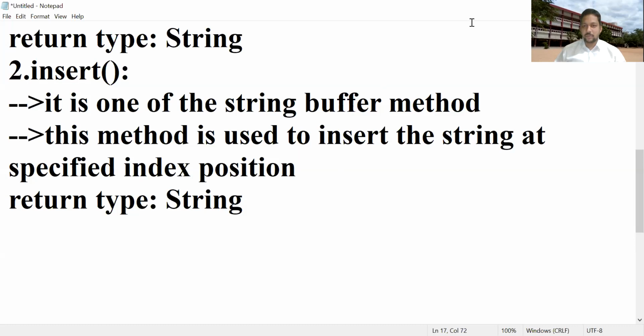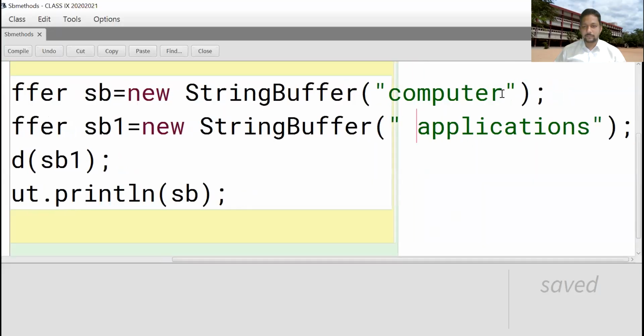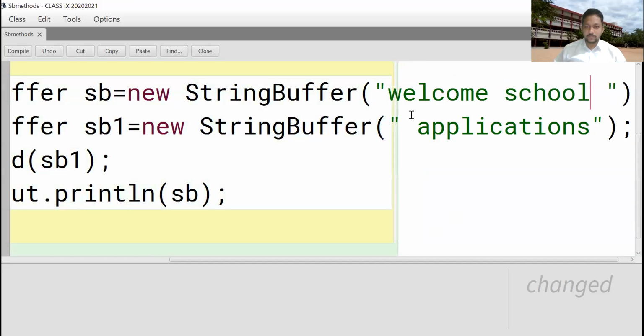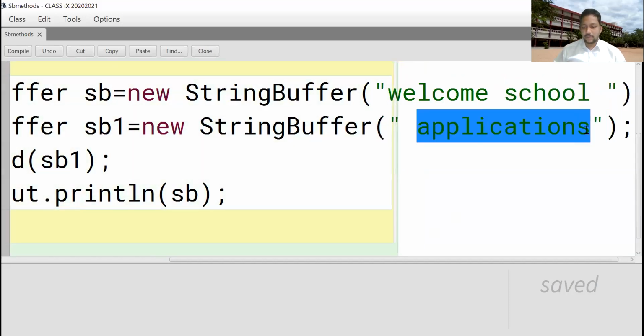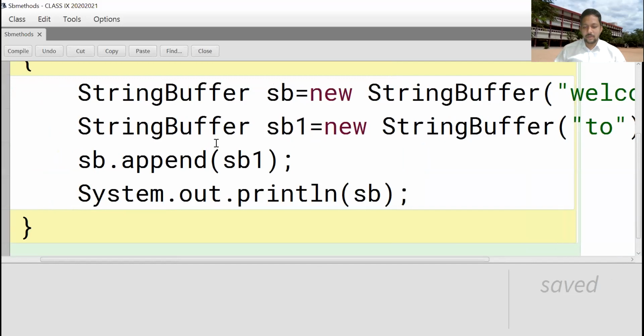So open your BlueJ once and practically execute. Same class. For example, I am changing the string to Welcome school. This is my string. Here, for example, "to". SP dot, what is your method?